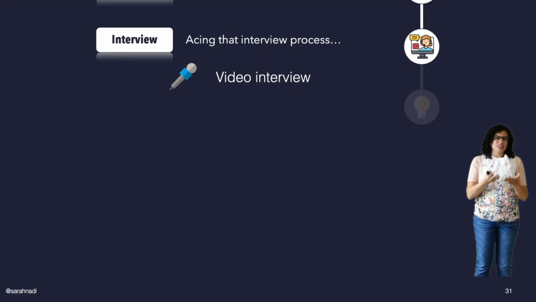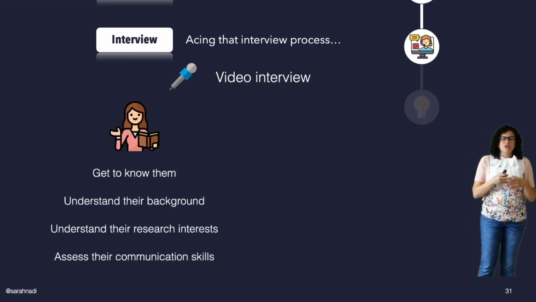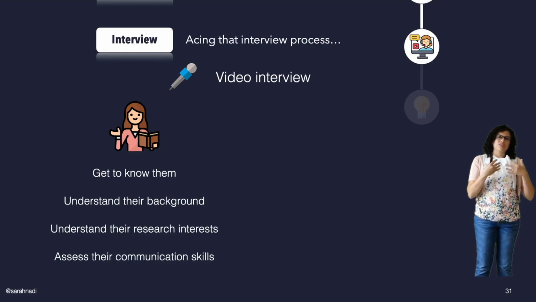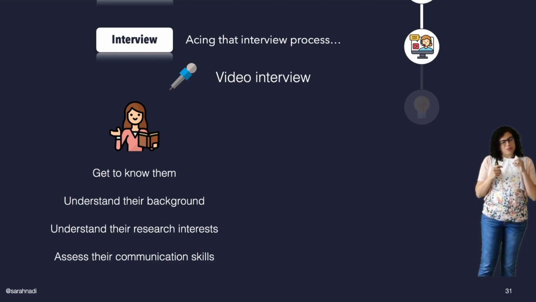And this is really important because at the end of the day, you're trying to figure out, as a student, do I like this professor? And the professor is trying to figure out as a supervisor, can I actually mentor the student? Can I work with them? Can I see them every day or not? So what the supervisor is trying to figure out is they want to get to know you, they want to understand your background, they want to understand what your research interests are, and they probably, very importantly, want to assess